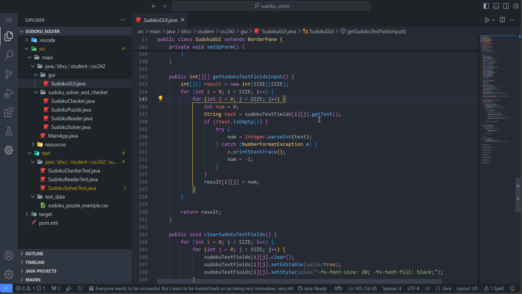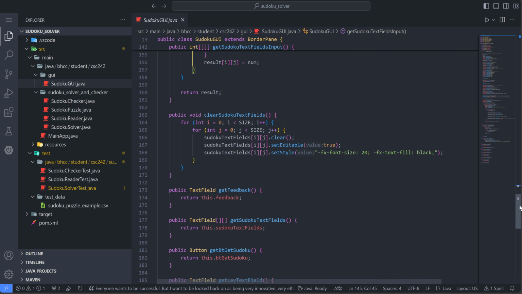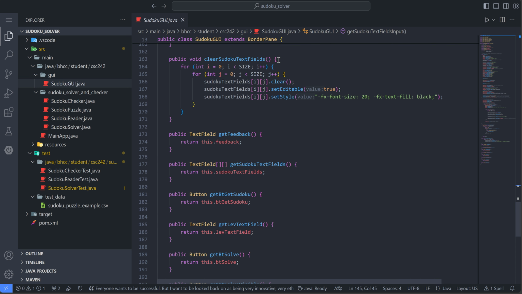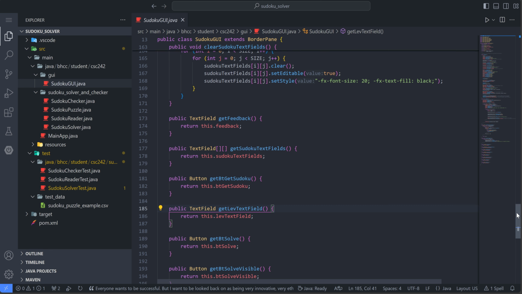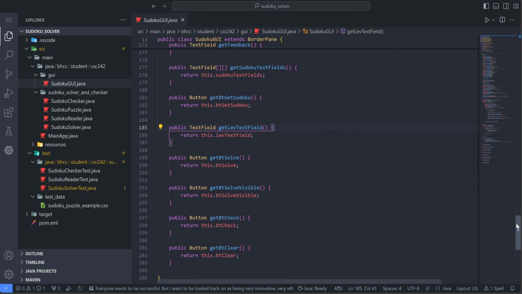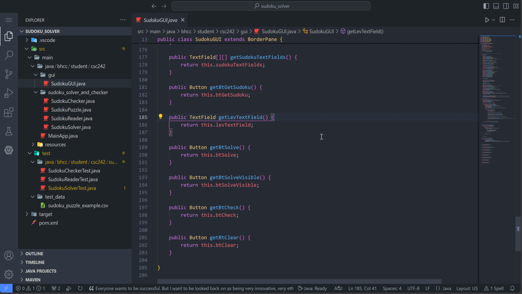And another function creates a Sudoku text field, and this one gets the feedback, then gets the button. The following gets the button, gets the element from the graphic user interface, and then move